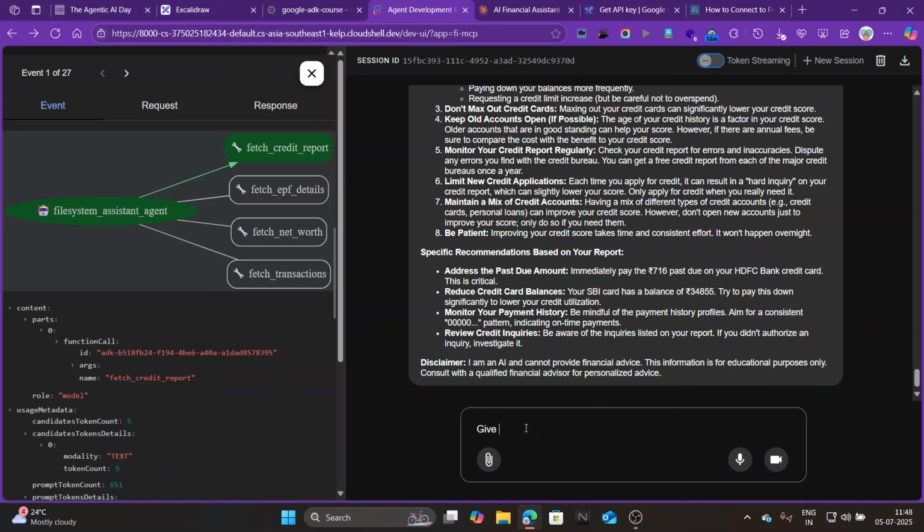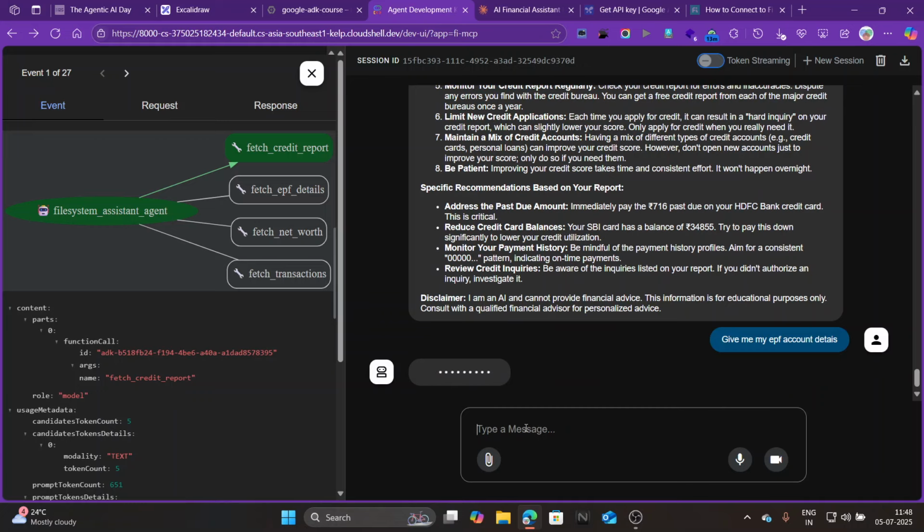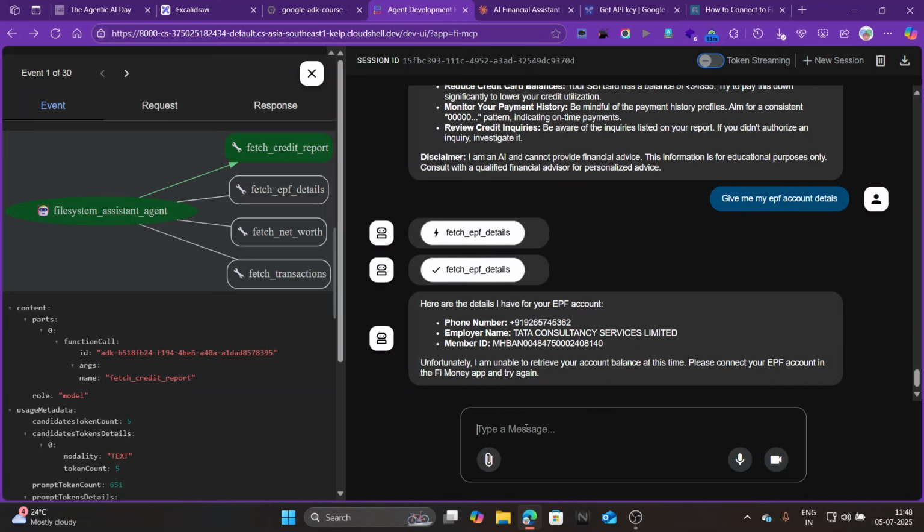Give me my EPF account details. Okay, this reveals my phone number and membership ID.